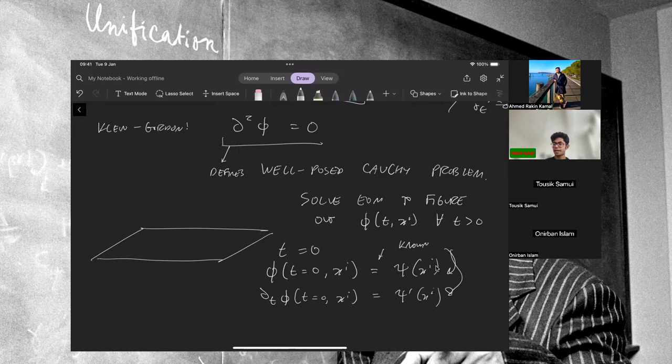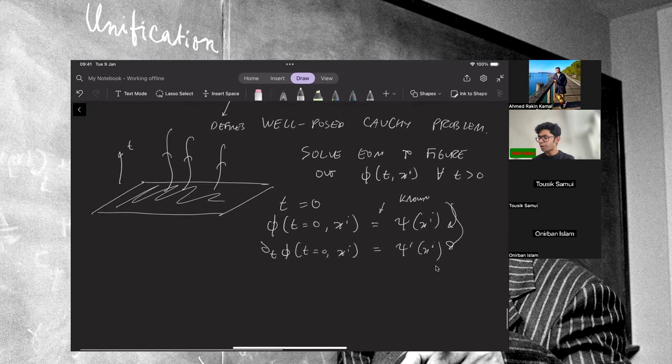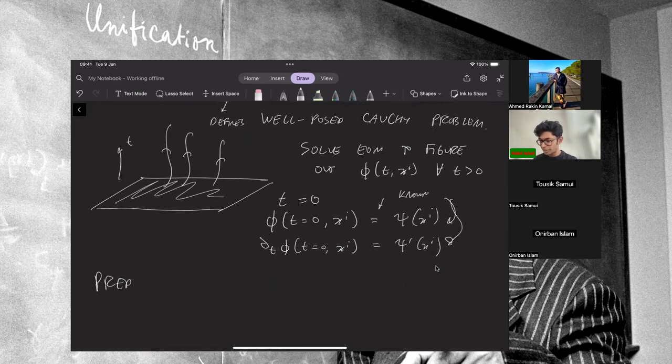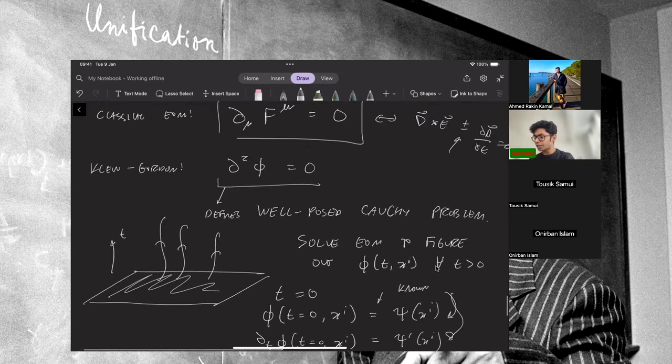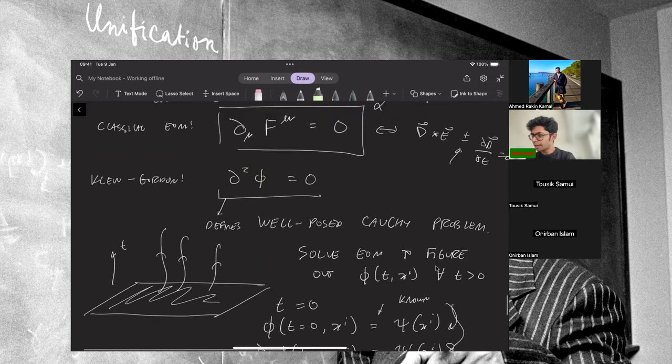In other words, once you know the field at one time, you can figure it out at all later times. This is important. This is the whole point. What this means is you can predict things. The point of physics is that if you know what's happening at one time, you can predict what's happening later. And this equation lets you predict things for φ. Now, this equation